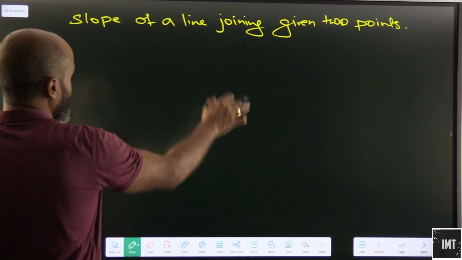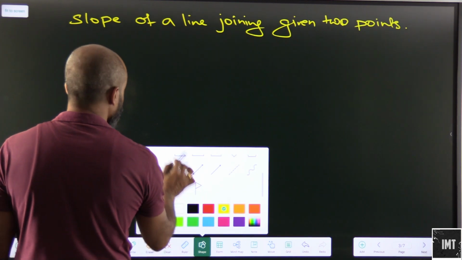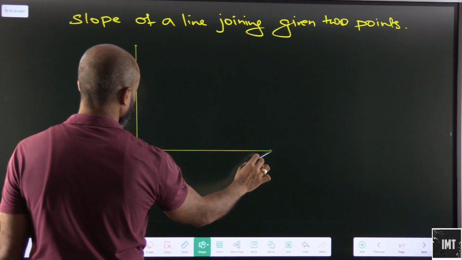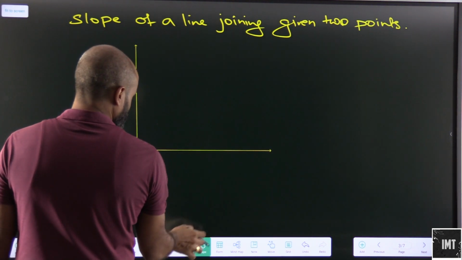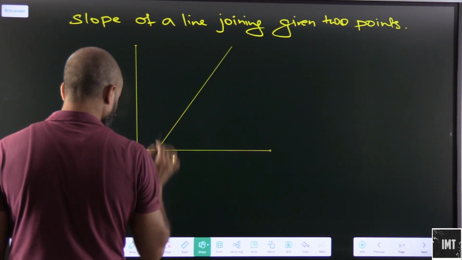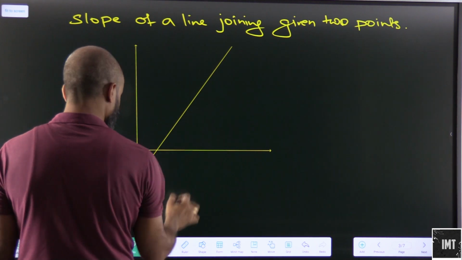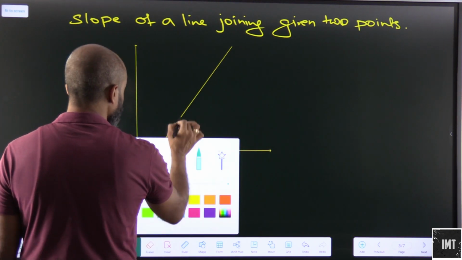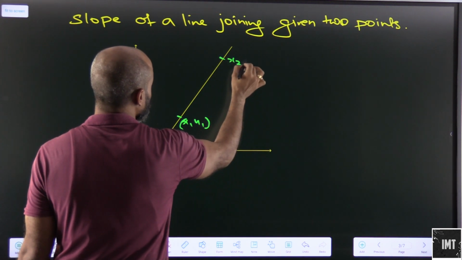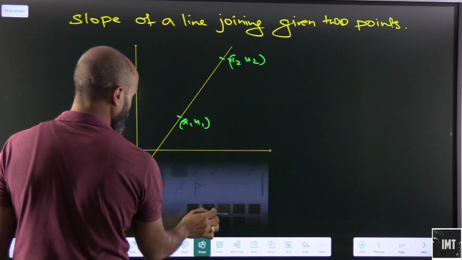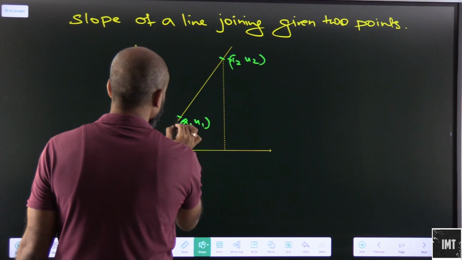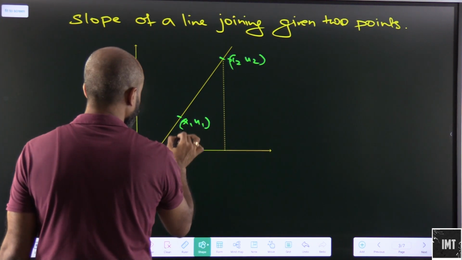Okay, slope of a line joining 2 points. So let's say we have a line here, and we have, let's say, 2 points out here. Let's say 2 points, x1 y1, and the other point is x2 y2. If we happen to drop a perpendicular from here to here, and basically a perpendicular from here to here,